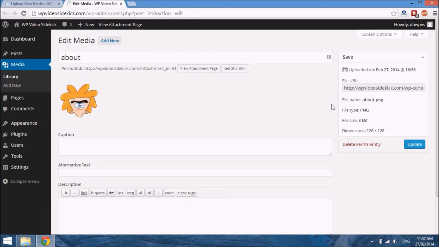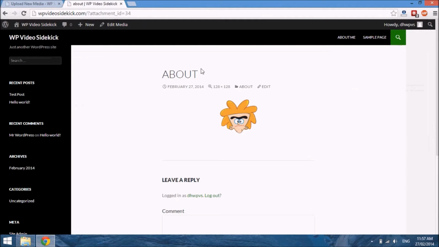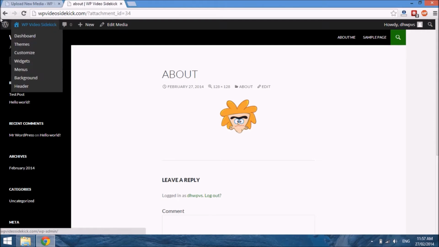And there's a couple of things that we need to take note of here. One of the things that happens when you upload the media to your media library is that an attachment page will be created. So if you click View Attachment Page, then there's a standalone page on WordPress that has your media. And in this case, it's an image, so it's being displayed. But for some of your media, such as a Word document, then what would happen is you just see a link, and if you select that link, you'll be able to download it. Go back